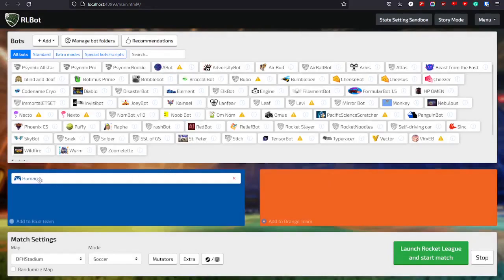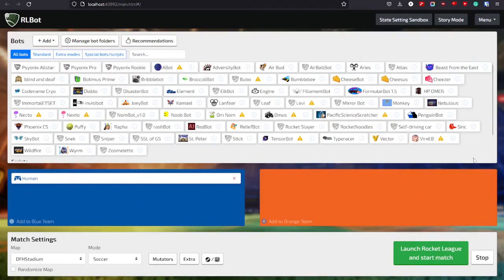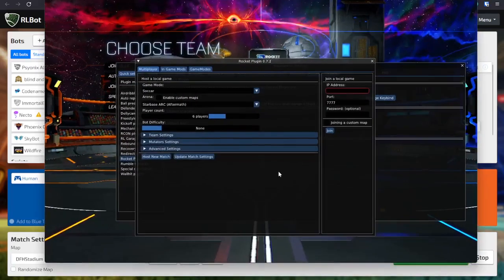So yeah, just go to extra, continue and spawn, put in the bots you want to play with. Don't care about this human, because if you don't have a human, you will literally just need to press the join button. So no problems if you don't have any humans. You just press join, and RLBot won't stop you from joining. So just put the bots in the teams you want, join the teams you want, and you and your friend are ready to go to play Rocket League with bots.